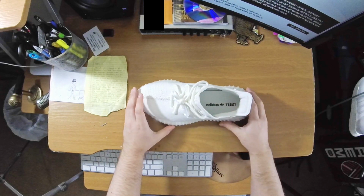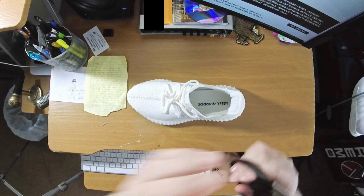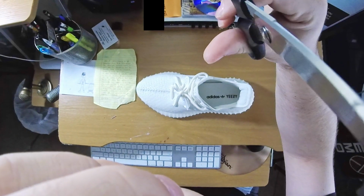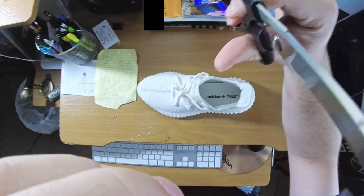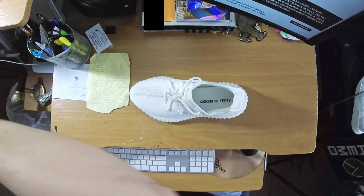Now, the one more thing I want to say on these, okay, I'm just gonna cut this little tape piece off because it's annoying me at this point. Okay, so